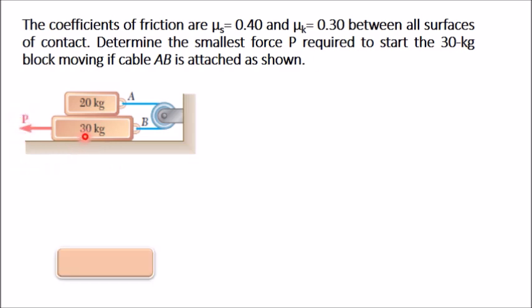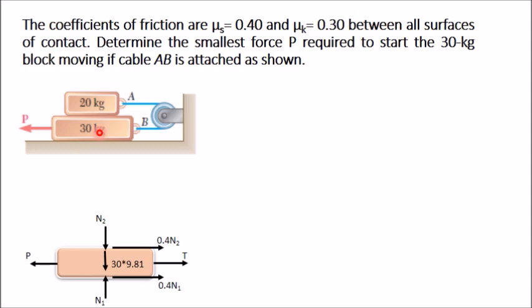Now I have drawn the free body diagram of the 30 kg block. Here you can see one weight which always acts vertically downward, and since the mass is given as 30 kg, multiply it with acceleration due to gravity, that is 30 into 9.81, acting vertically downward. And these are the other forces: normal reaction N1 which acts between this surface and the 30 kg block, and normal reaction N2 which acts between the 30 kg block and the 20 kg block at this contact surface. These two are normal reactions.